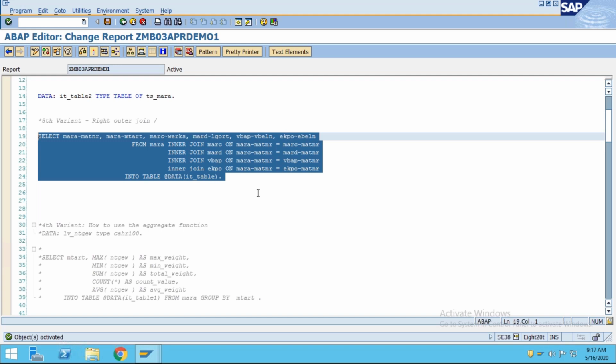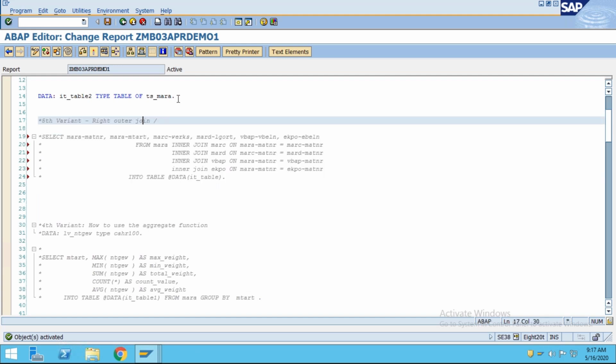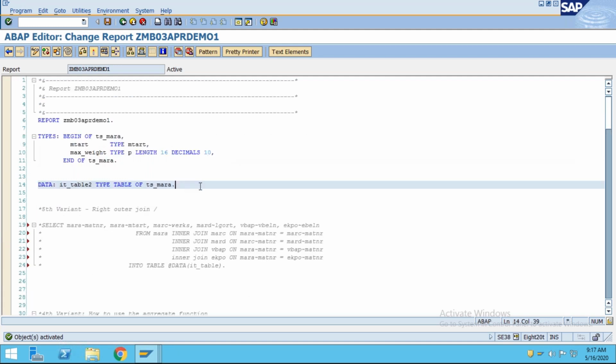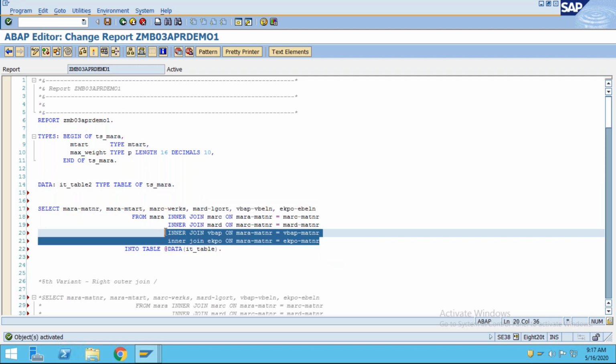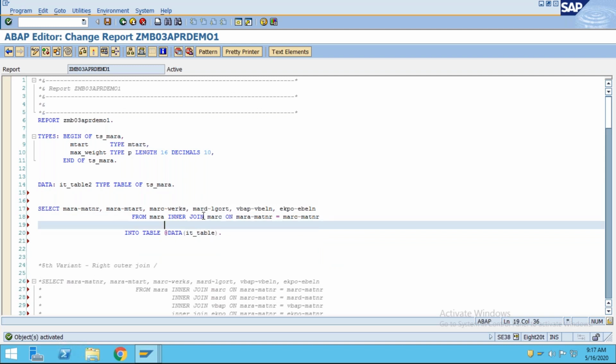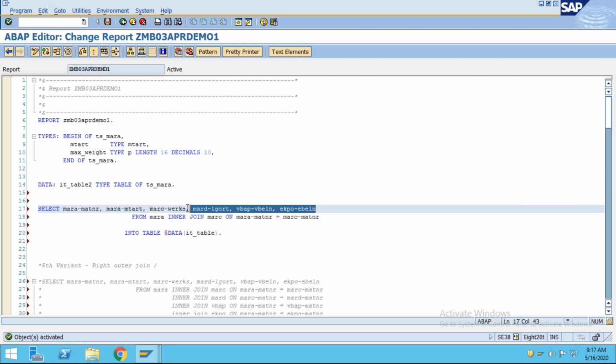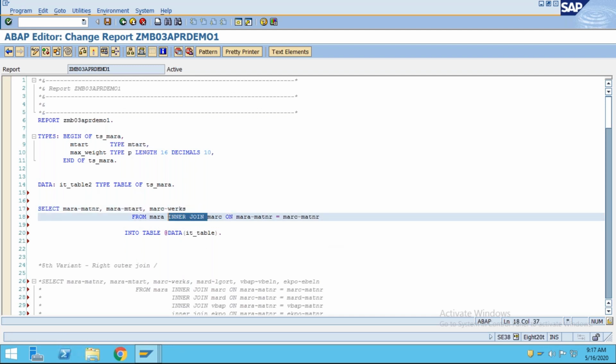Copy this one, comment this inner join you have seen. Now let's see it in a different query directly. Remove all this inner join now. Instead of these many inner joins, I will put only a single outer join, just in order to show you the difference between left outer join and, okay, like this.